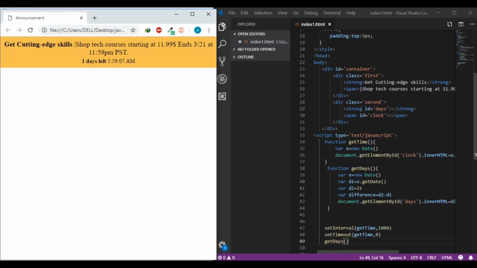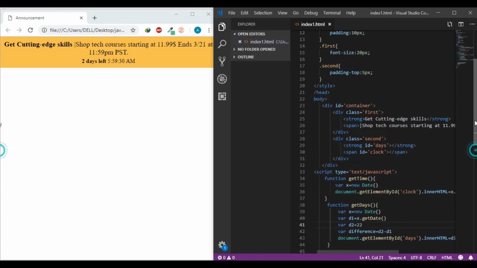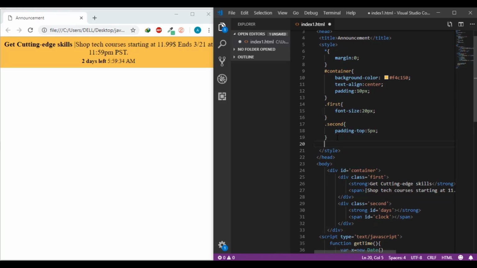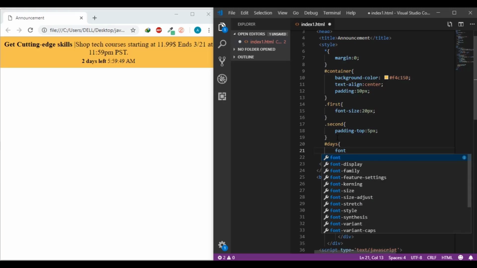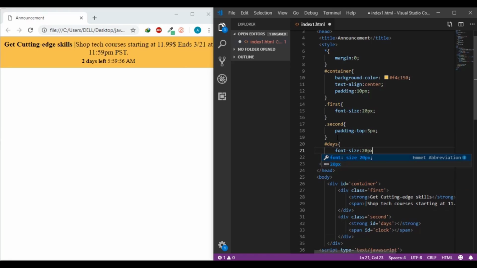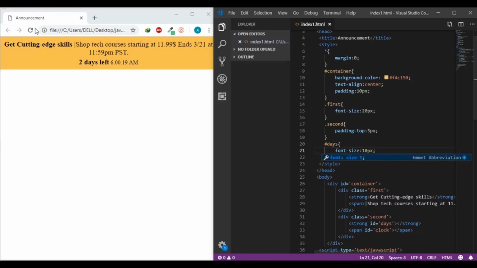So here is the remaining days, 1 day. What if we want to expire this offer 22? So let me try. The remaining days is 2 days. Nice. So it's quite similar to what you can see on Udemy. But let me just add some styles for the clock. I will just change the font size. So I want to make it smaller than this. Nice. But I think if we make it less,